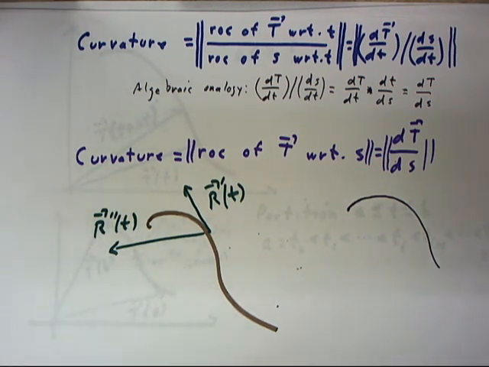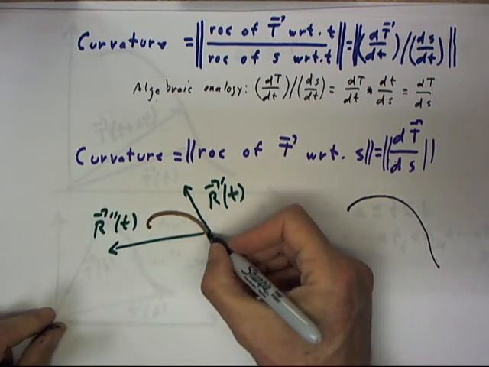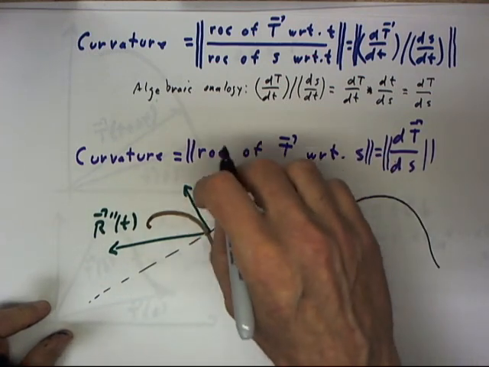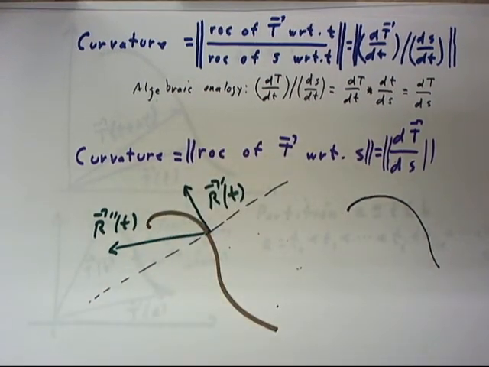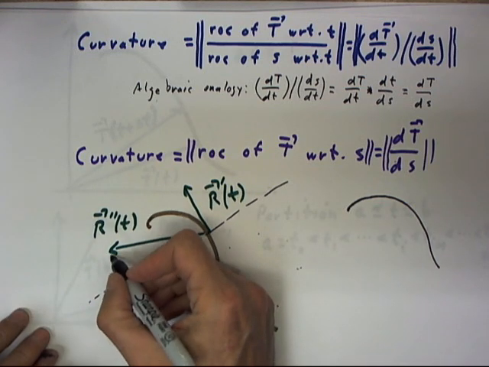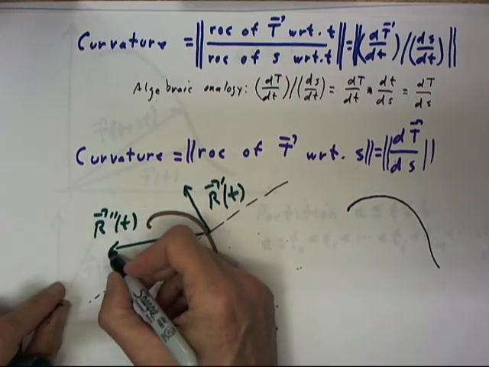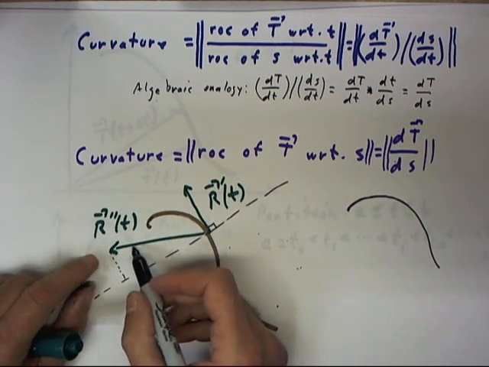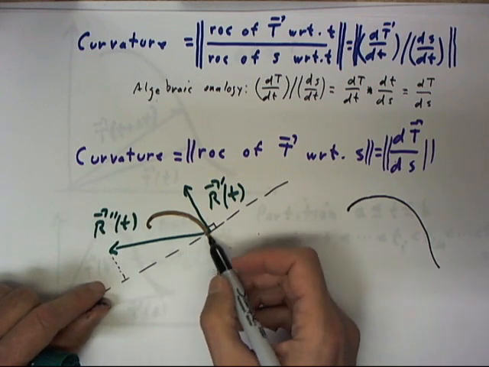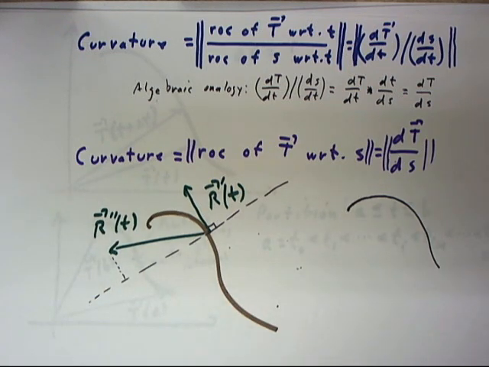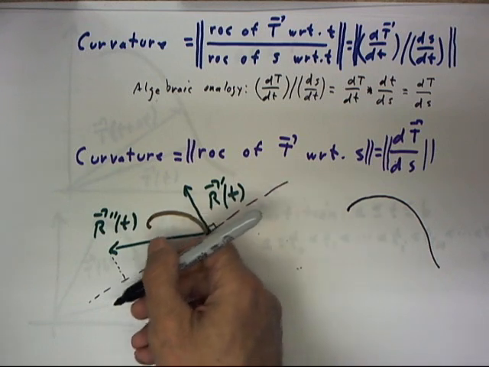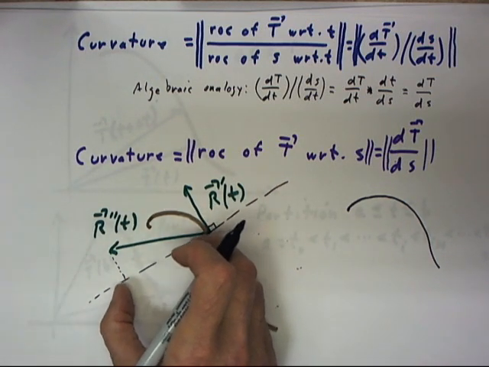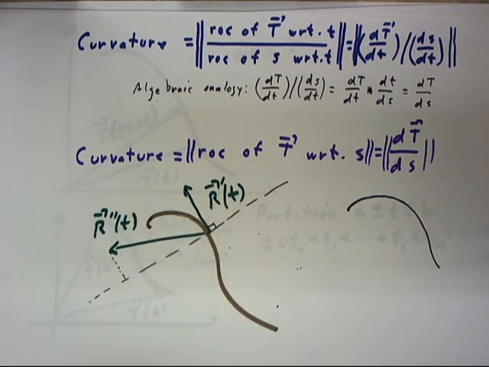The unit tangent vector is just this r prime of t vector divided by its magnitude. If we project the r double prime of t onto a vector that's perpendicular to r prime of t, then we get, of course, the component of r double prime of t perpendicular to the direction of r prime of t. And this is going to be in the direction of our unit normal vector. We just have to divide this projection by the magnitude of the